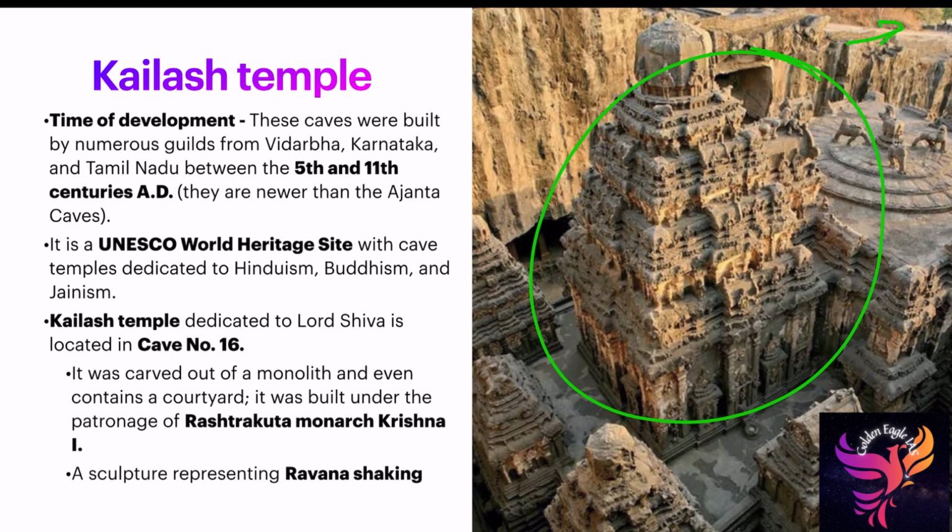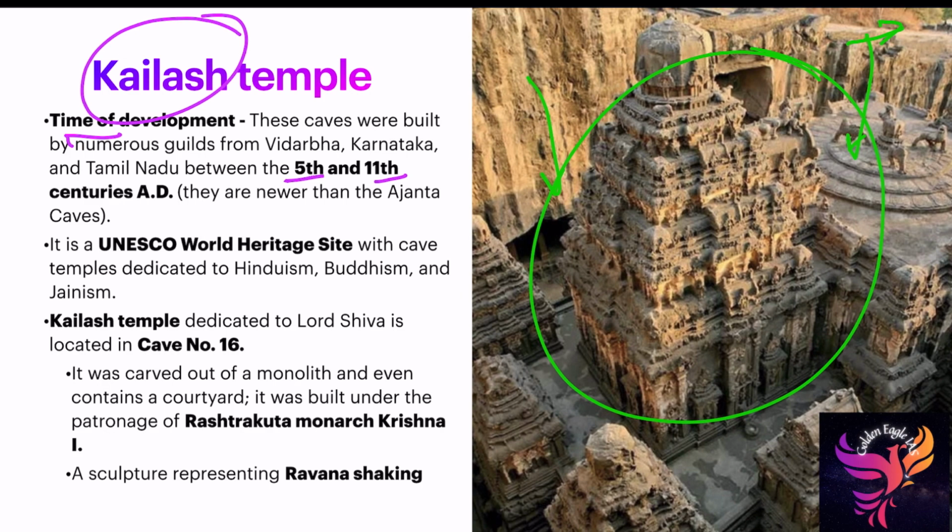This is the ground surface. Dug by the side in the wall of a high basalt cliff. The structures were excavated out of the vertical face of Chandragiri hills. Out of these Ellora temples, Kailash temple was the very famous one. If you take time of development, Ellora caves were around 5th to 11th centuries AD. Obviously Ajanta was 2nd century to 650 AD, so Ellora was the younger version of Ajanta caves.